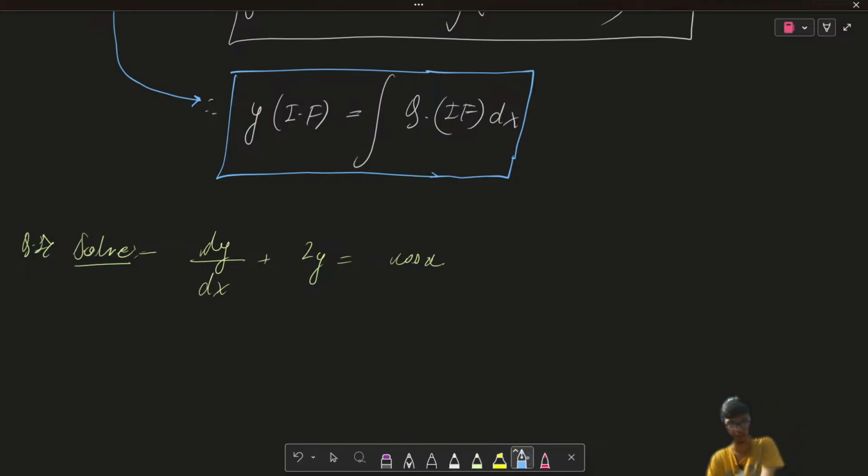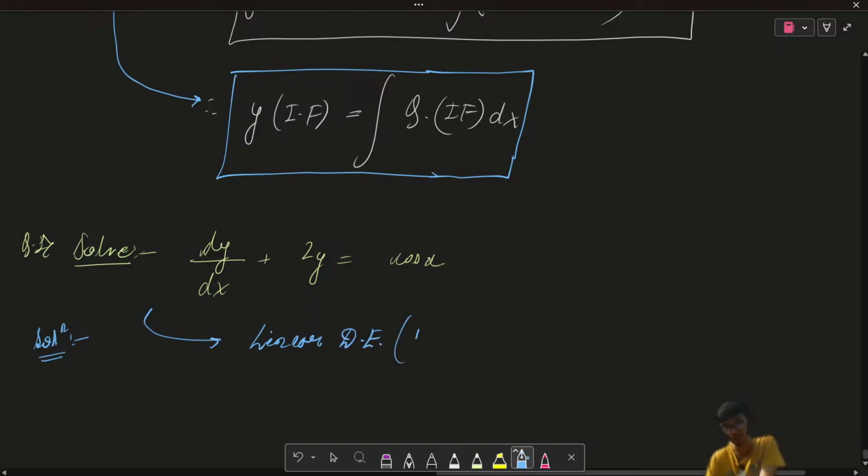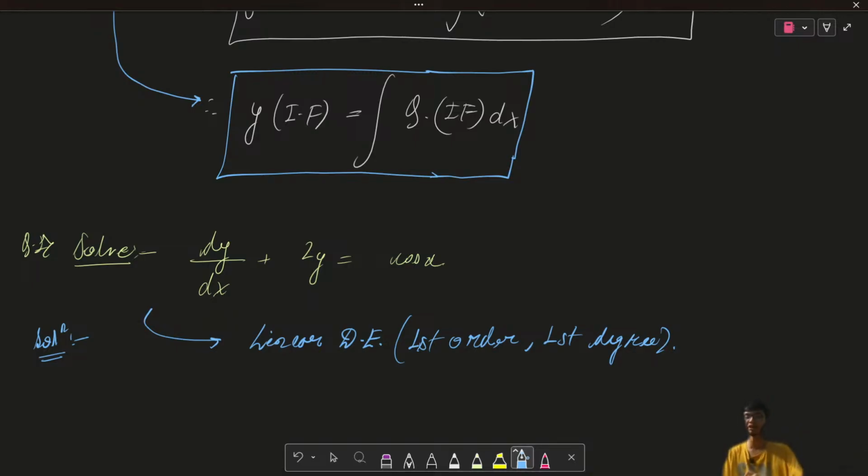So if I look at the solution of this differential equation, first of all, to identify the differential equation, it is simply a linear differential equation, right? That is a very important step, to understand whether it is a linear differential equation or not. So it is a linear differential equation of first order and first degree, right? Once we identify this,